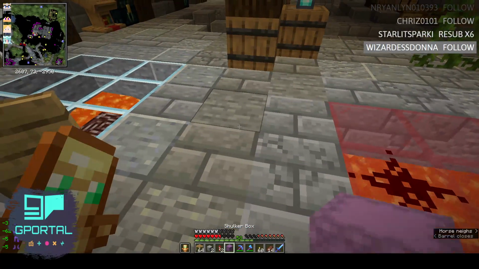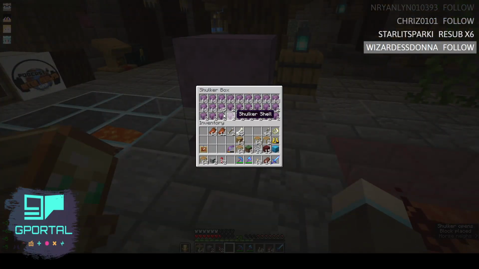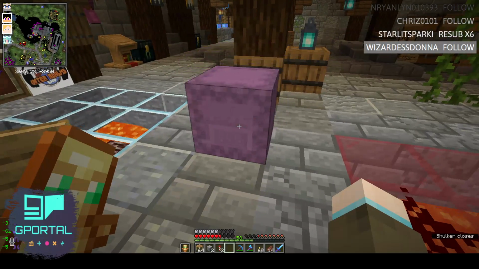And Starlit, take a look at my screen real quick. This is why when you're saying that you have shulkers, I understand. So do I. Are you in your treasury? Oh yeah. My goal is to fill it up. That's my goal.